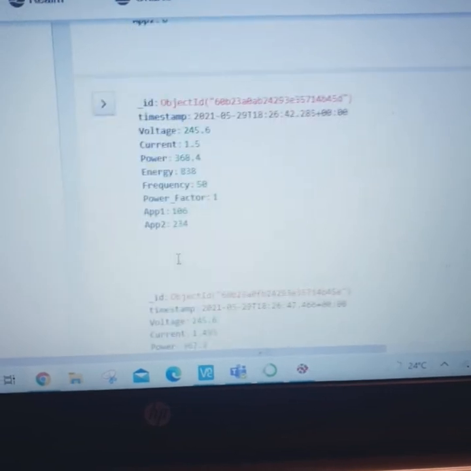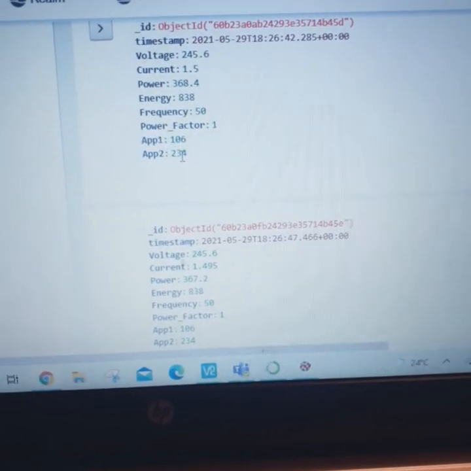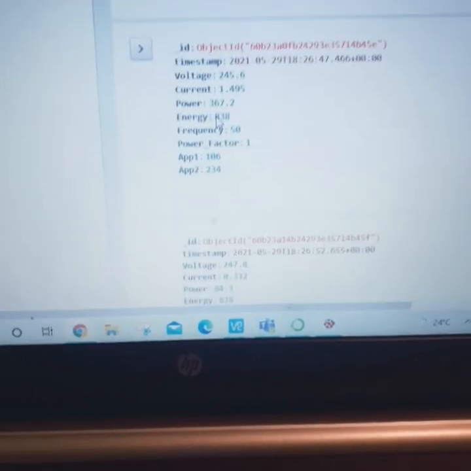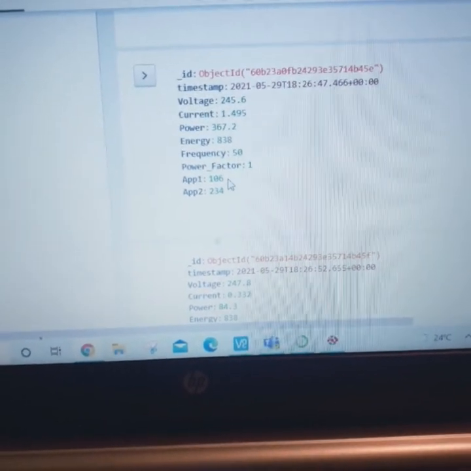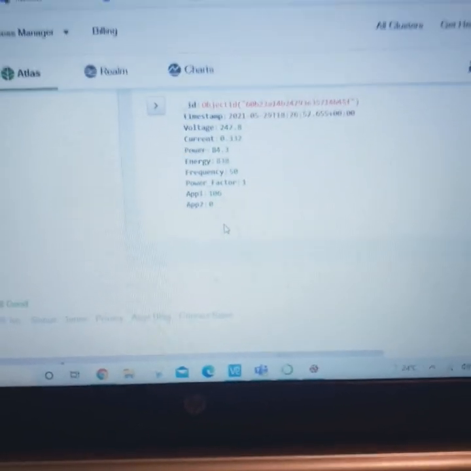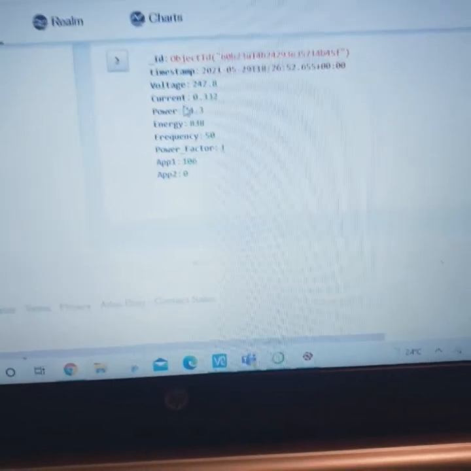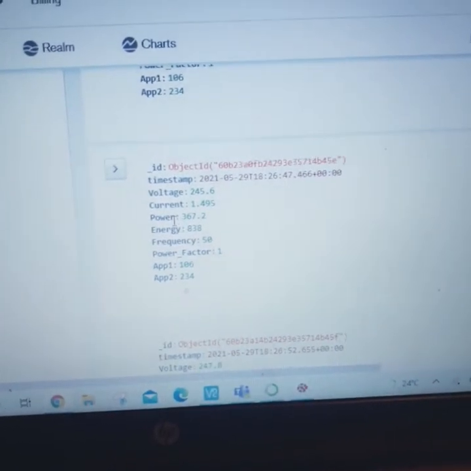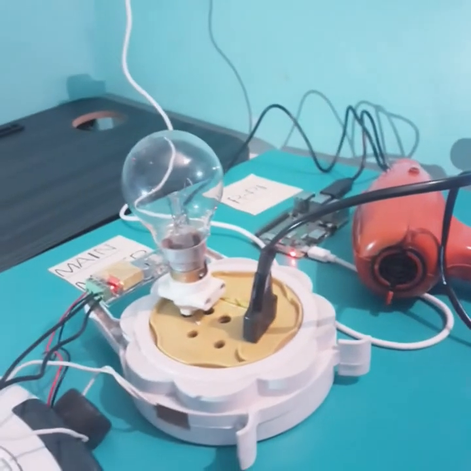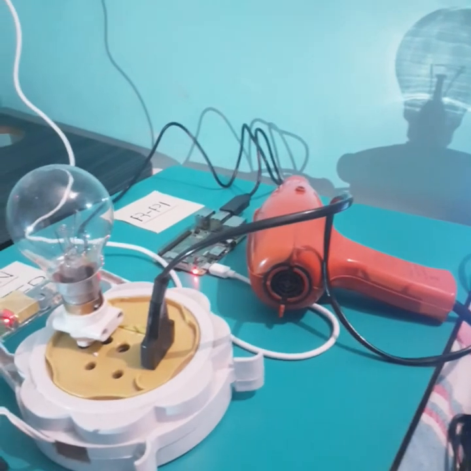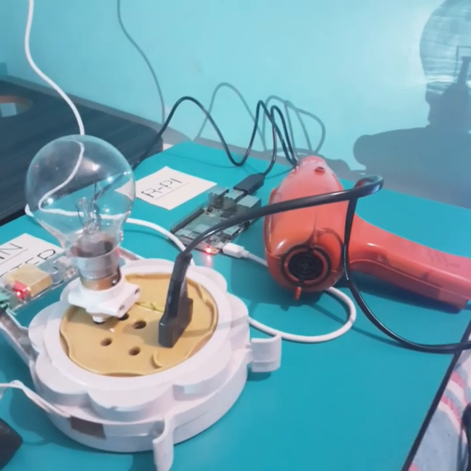And we have app 1 and app 2 when both the appliances were on. So since it's a 100 watt bulb, 106 is the appliance 1 reading which is getting displayed, which is quite accurate. Total power indicates the combined power reading. Thereby, we have taken a single power reading using just one sensor and disaggregated it into appliance specific readings successfully. Thank you.